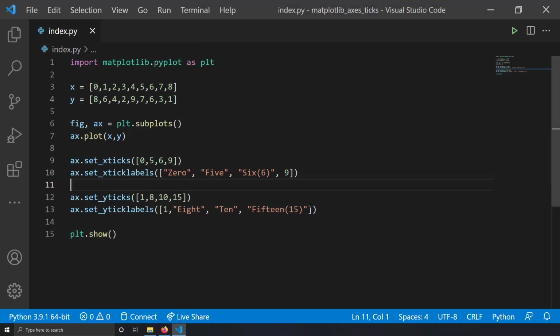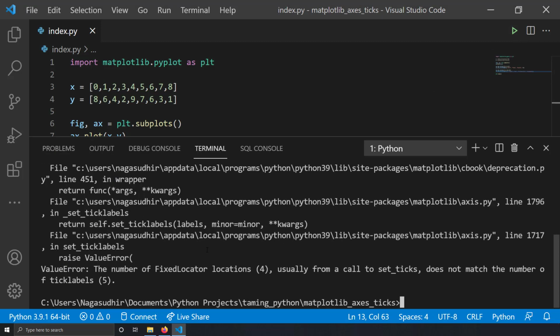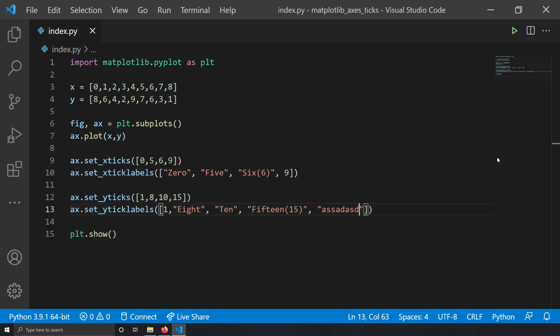One thing you have to remember while using tick labels along with y-axis ticks is that you have to mention the same number of labels as the ticks. If I mention a different number of tick labels, as in this example, now you'll get an error where it says that the FixedLocator has 4 locations, but you have mentioned 5 tick labels. So take care that when using the y-axis tick labels or x-axis tick labels, you have to mention the same number of labels as the ticks you have mentioned. That is how you can use x-axis tick labels and y-axis tick labels for explicitly controlling the tick labels that are displayed on the axis.